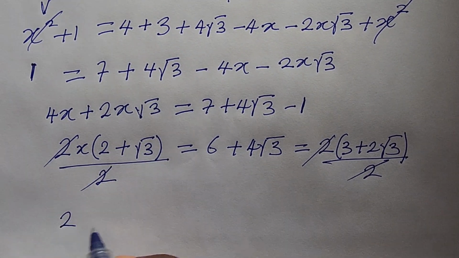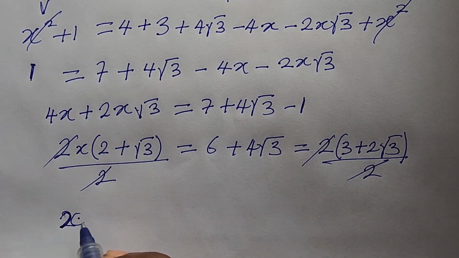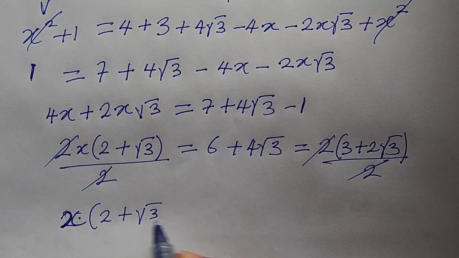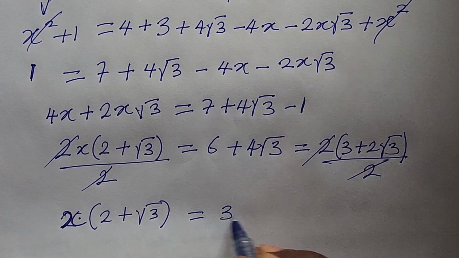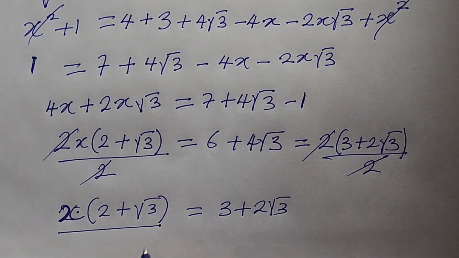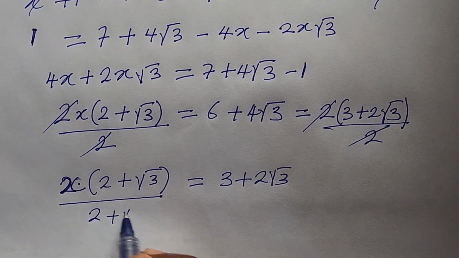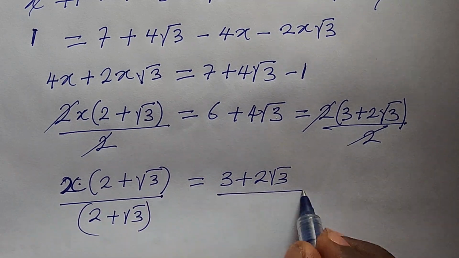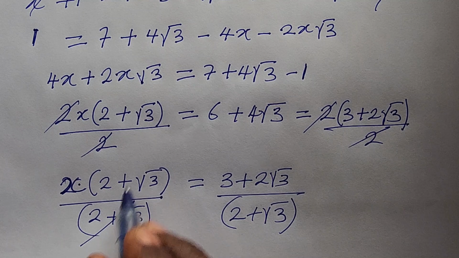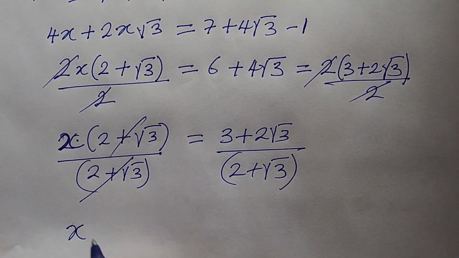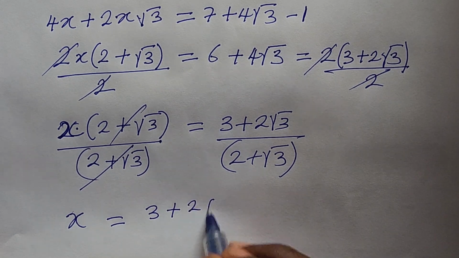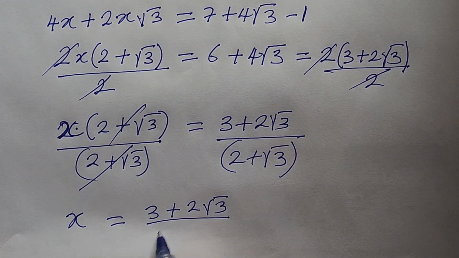We're now left with x, then into our 2 plus root 3, everything equal to 3 plus 2 root 3. We are looking for x, so let's quickly divide through by 2 plus root 3. So now we're left with x equal to our 3 plus 2 root 3 all over 2